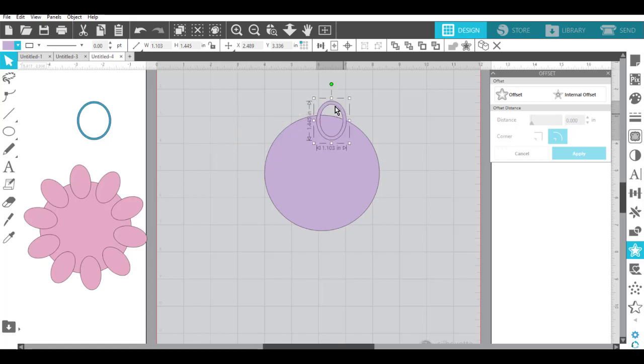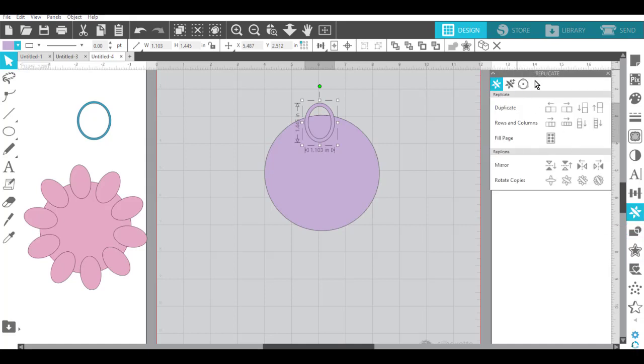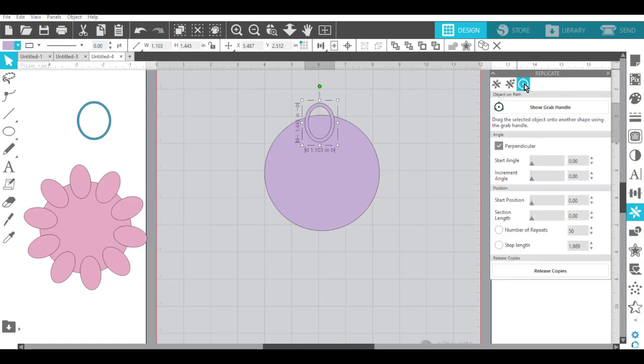And I'm going to bring that right over here to the top like this. Okay, and then you wanted to have it go the whole way around the circle easily. So what I did was I came over here to the replicate panel, clicked on that, and then I clicked on this third button over that says object on path, and I clicked on that. And since this object is selected, this is the one that will be on the path. So I'm going to show the grab handle,